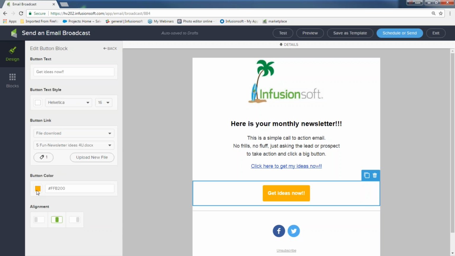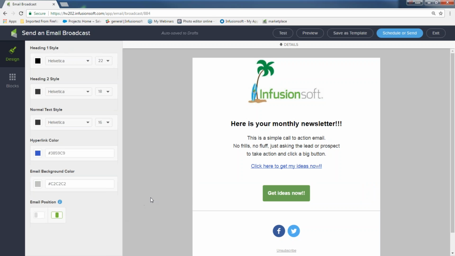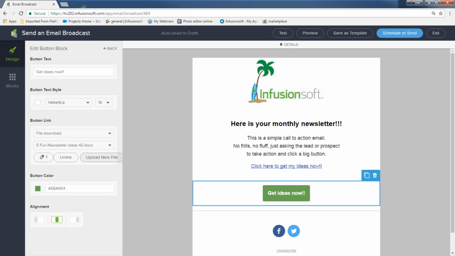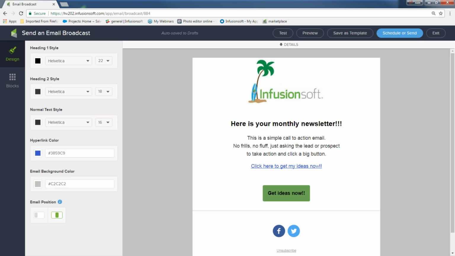And then I can come down further and change the button color, and I want the button color to be green like my palm tree, and there we have it, just like that. If I really want the button to fit on this email, I can change the color it's white to black, and now you can see how it really pops out and looks like the little green palm tree,